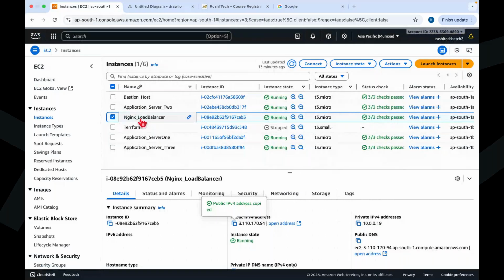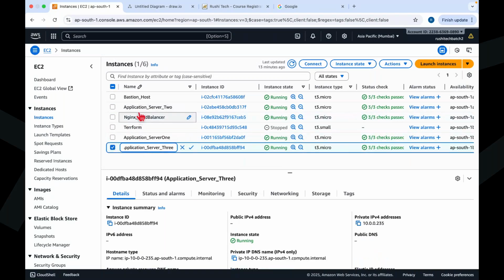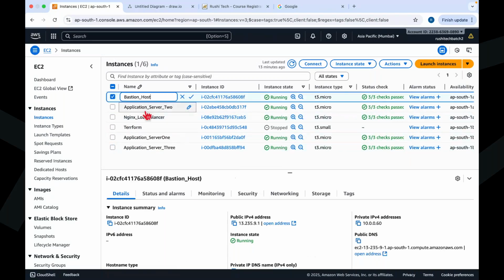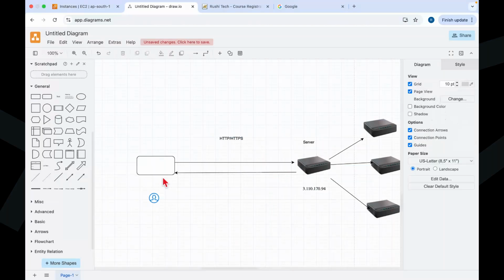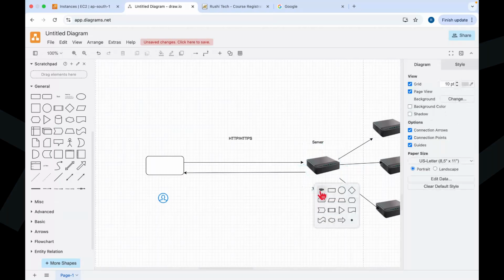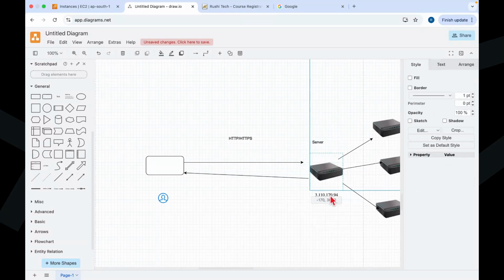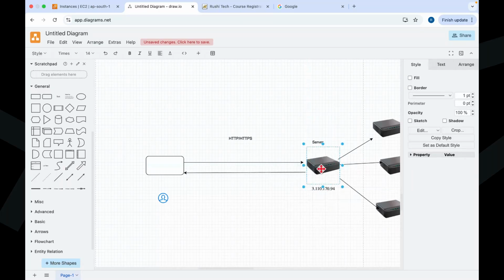Just to give an example, in our case also, this is my actual system. Say this is my system where I have not hosted my application, but using this we are serving the content hosted in other servers. We are using this as a reverse proxy and load balancer, as we already discussed. So this is the public IP of that load balancer. And the customers like you